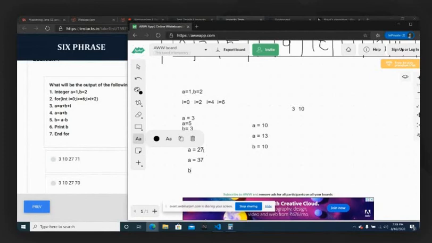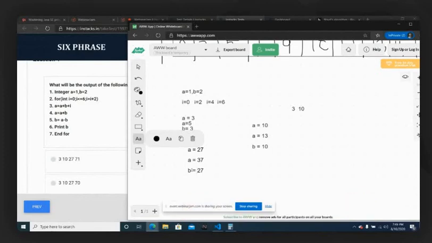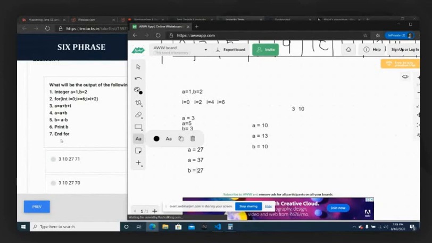What is your new B value? B is equal to A minus B. A is 37, B is 10. So when you subtract both, you will get 27. So it is going to be B equal to 27. Yes. So now 27 will be printed. So after 10, 27 has to be printed. See, for the first 4 options so far, both are exactly 3, 10, 27. Now we will do the last iteration.